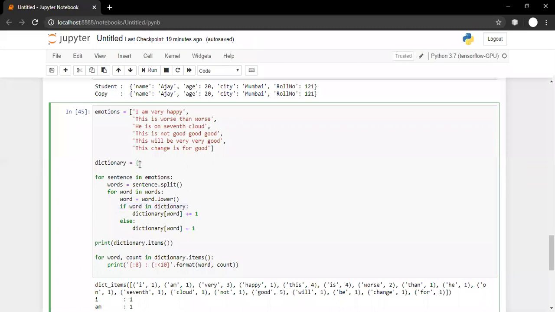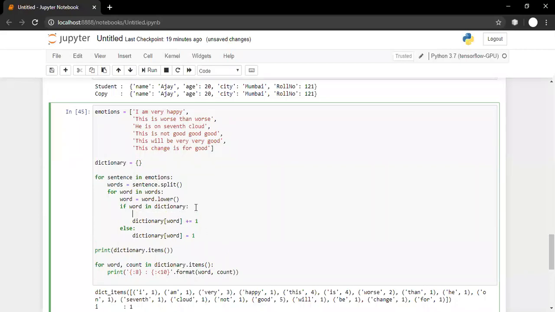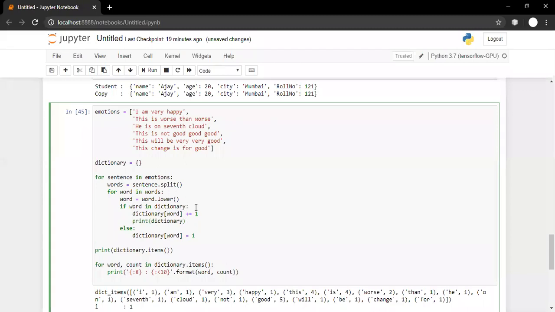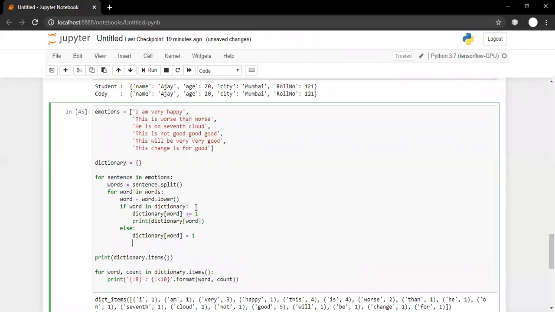So initially the dictionary is empty, but you are adding elements to the dictionary. You are keeping on adding elements to the dictionary. For your reference, I'm writing something like this. Let us say print, let me do something like this. Print dictionary of word, and the same thing, print dictionary of word.